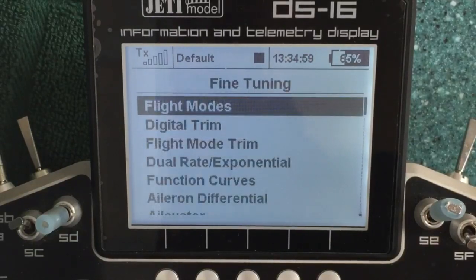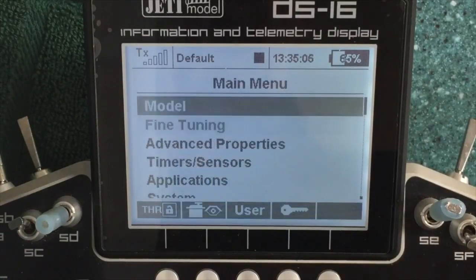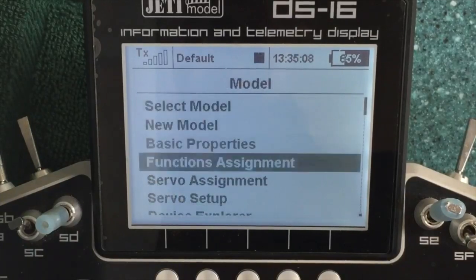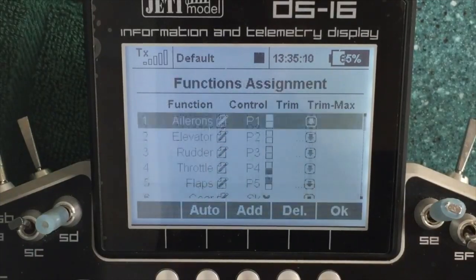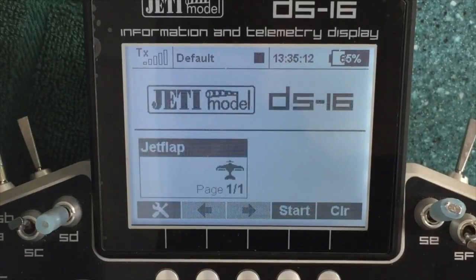So I've already set up a basic model with a tail elevator and 2 flaps, and so all the functions are all set up in here already. So you can see that I've got all these functions set up just from the basic model. And that's all I've done. So what we're going to do is we're going to go into